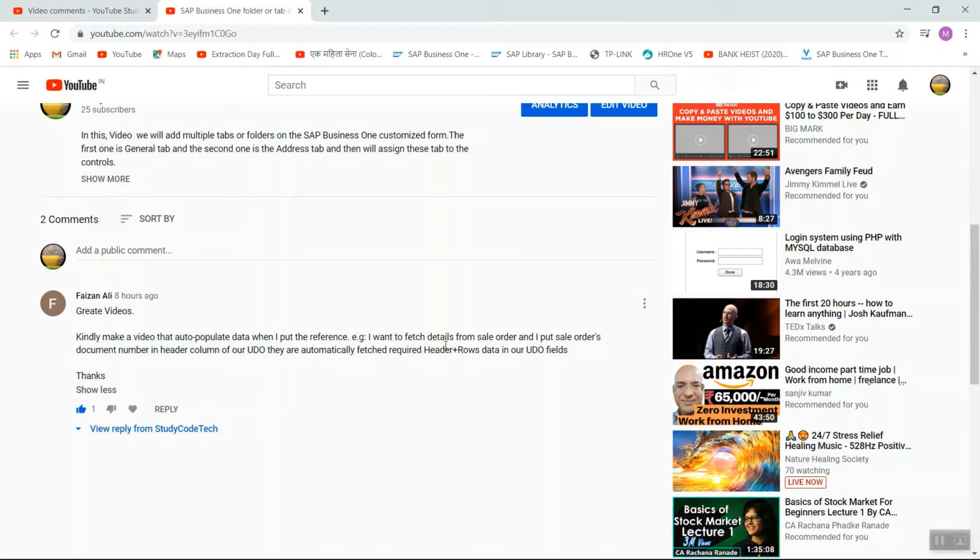Example, I want to fetch details from a sale order, and I put the sales order's document number in the header text box of our UDO. Then the required header plus rows data is automatically fetched into our UDO fields. So this scenario we will do today. So let's start.